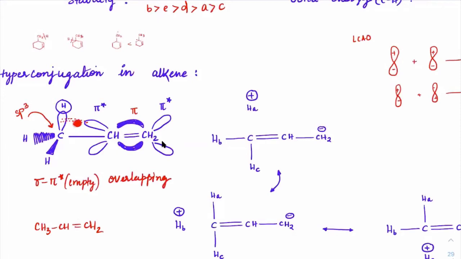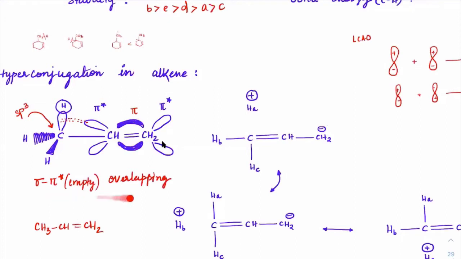And slowly from pi star, these electrons will start moving on to this side. CH2 electrons will start moving onto this side, and this will become a pure p orbital here, and here a double bond will start developing. So first it will enter into pi star, from there it will start becoming a pi orbital. Everybody clear on that? So the hyperconjugation will always happen from the sigma bond here towards the pi star orbital of the double bond.